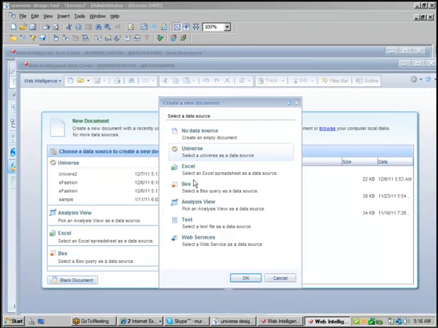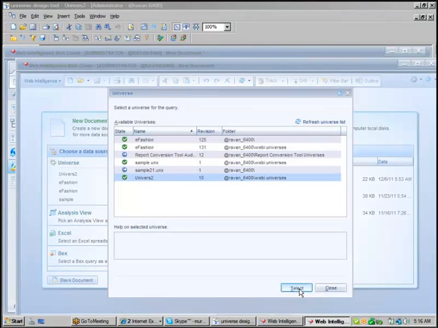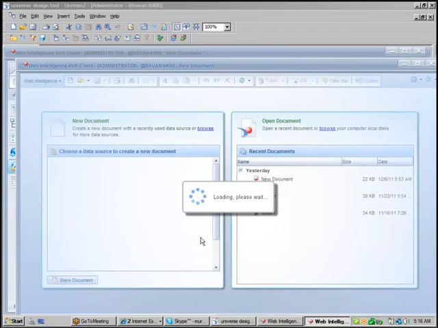I am going to create a new report on universe. I just selected the universe. Click on OK. Select your required universe. Yes, I selected the required universe.